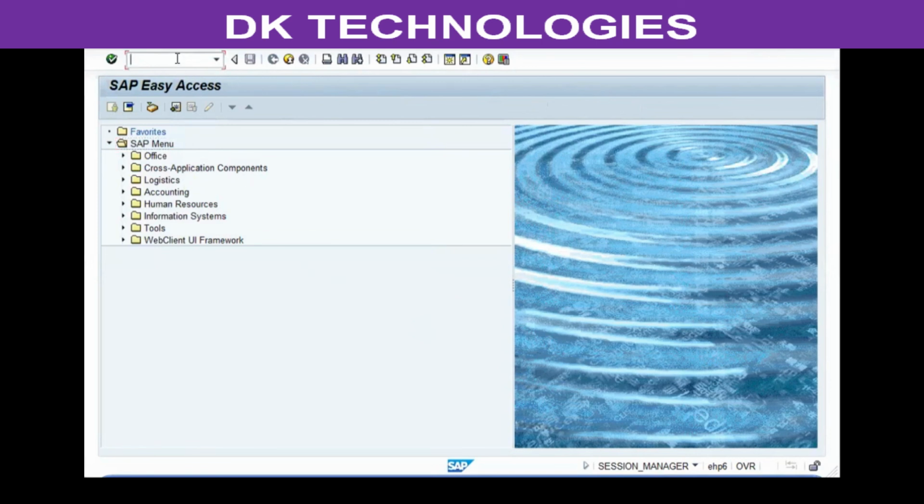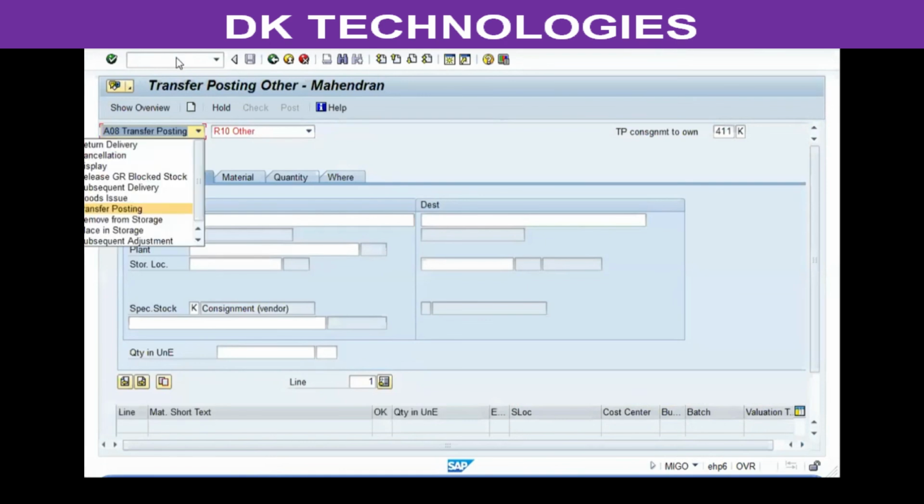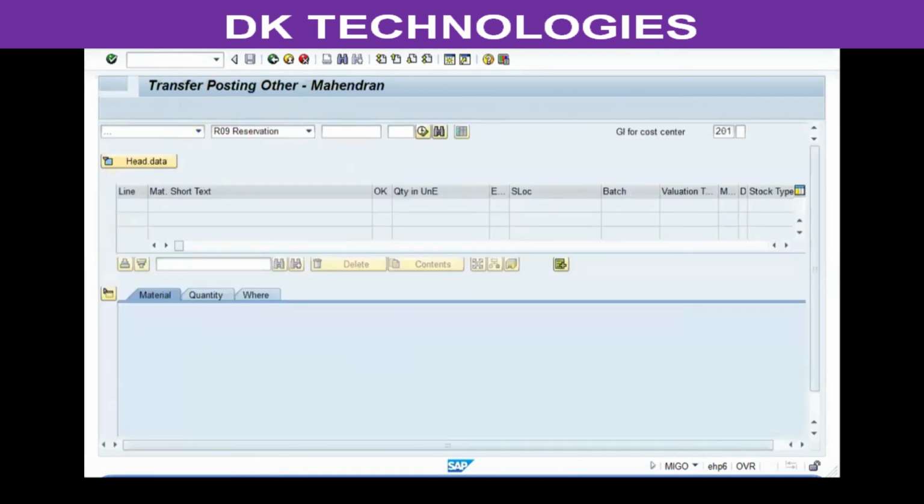The next step would be to issue the stock which is shown as consumed in the invoice sent by the vendor. So for the goods